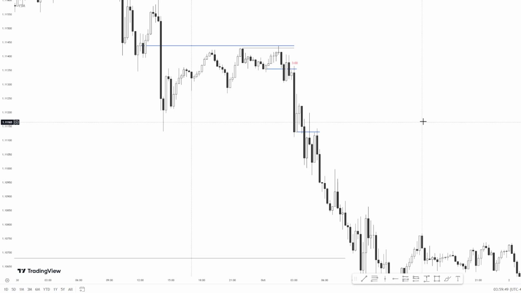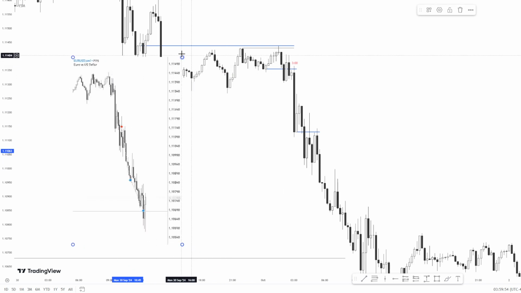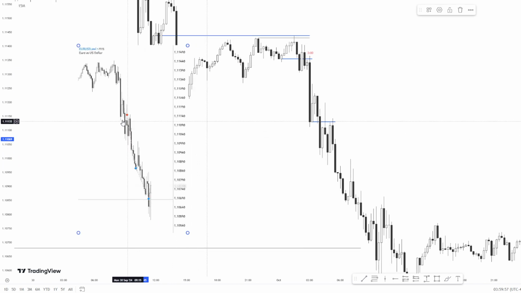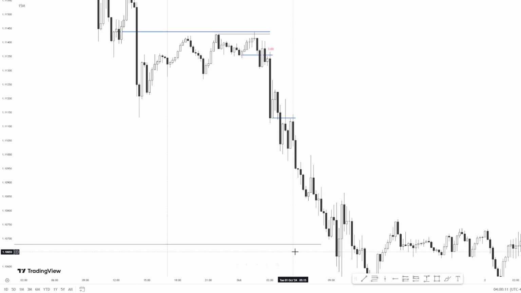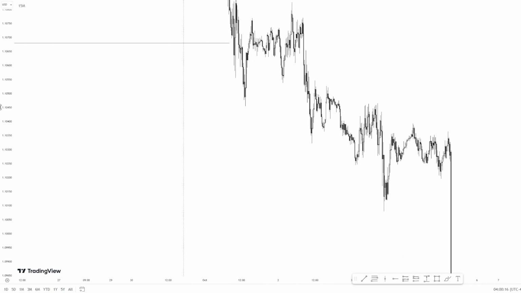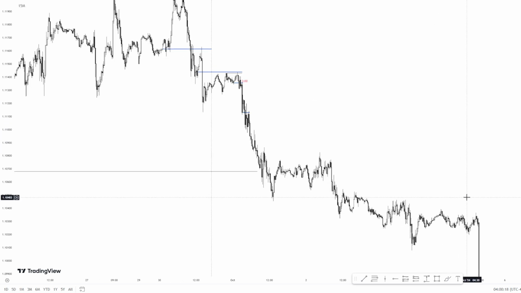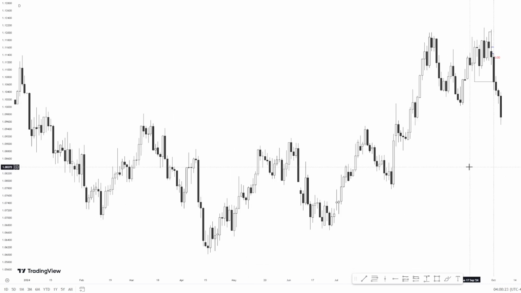Okay. So this was my execution on the euro on Tuesday. As you can see, I sold immediately. We tapped this candle, I took a short, scaled out some here, and I closed the full position around this low, which, to be honest, I shouldn't have closed because the euro ended up dying. The euro died. So yeah, not bad. That was a good trade for me, at least.